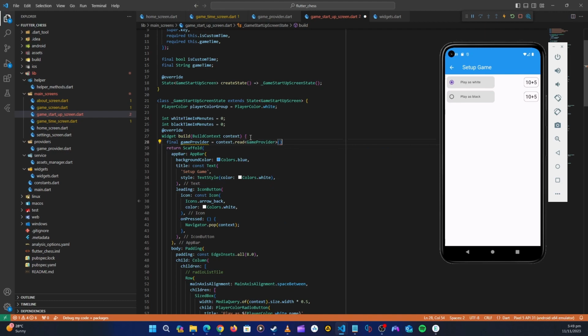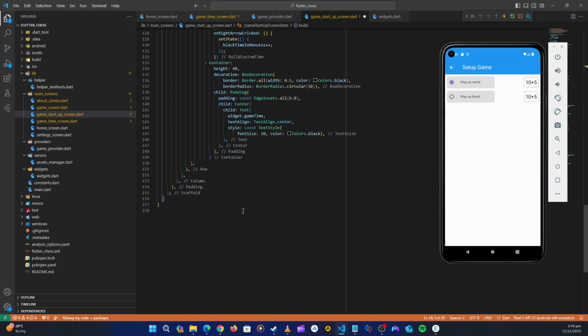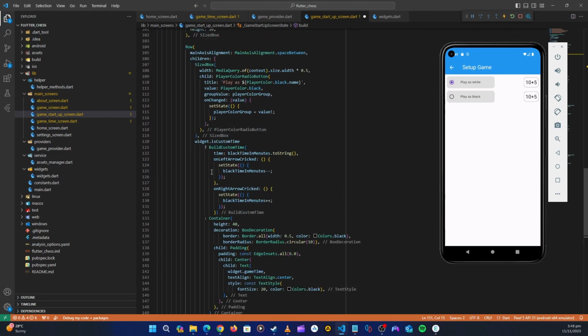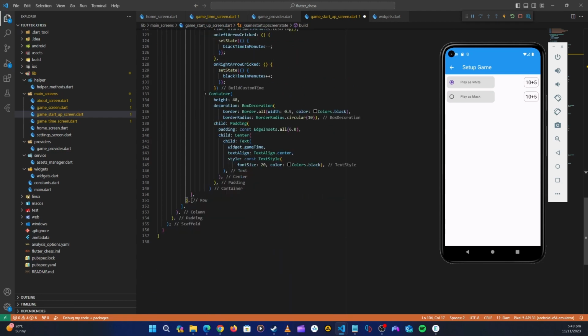Okay, so now we are just going to read inside the provider again here, just to check, just after this row, if he has pressed on versus a computer. Okay, so we're going to say if game provider dot versus computer,